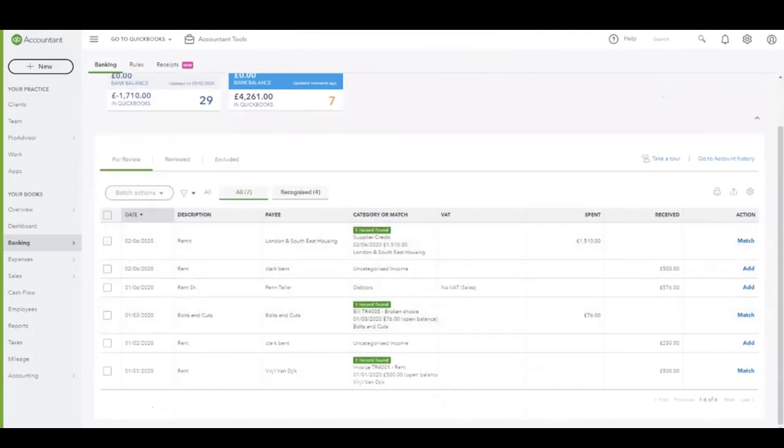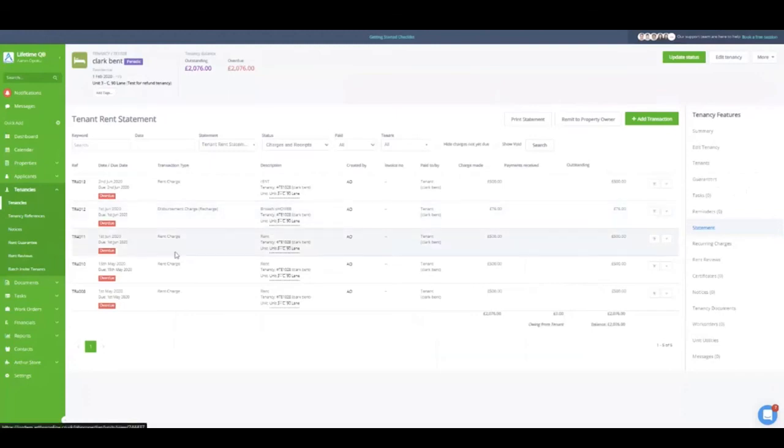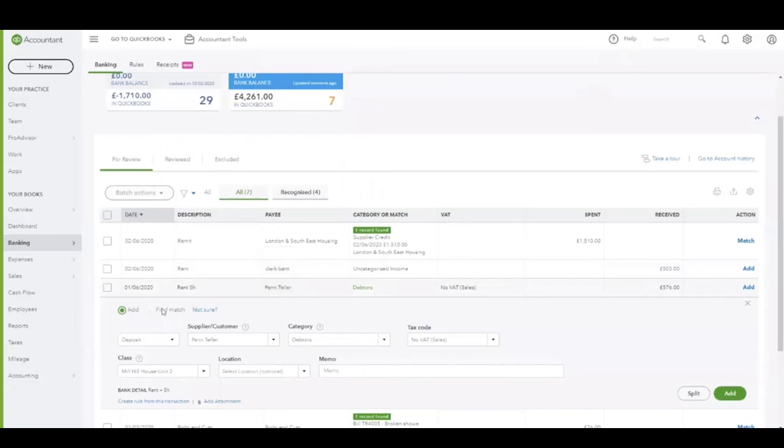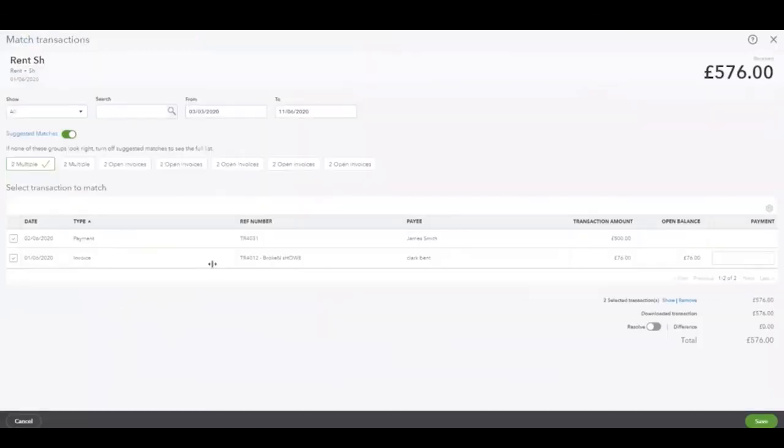The next one we're going to be looking at is the 1st of June £500 rent charge and a £76 disbursement for a broken shower. And if we look at the QuickBooks page, it looks like the tenant has paid both these transactions at the same time. So what we're going to do is click Find a Match. And as we can see, we've got